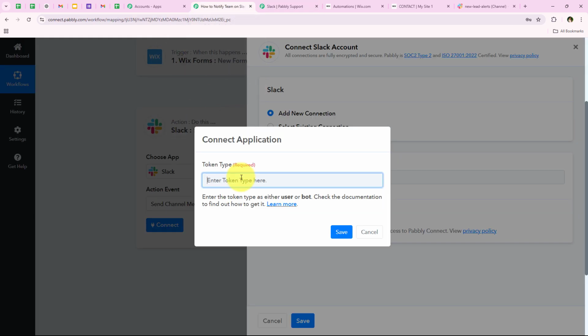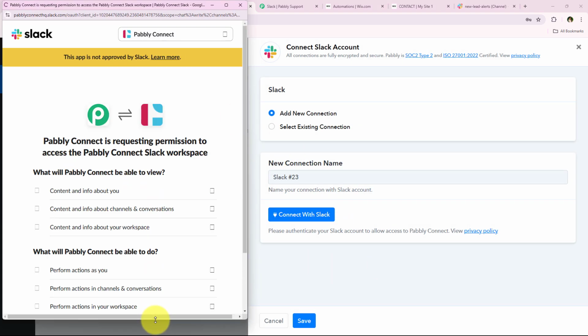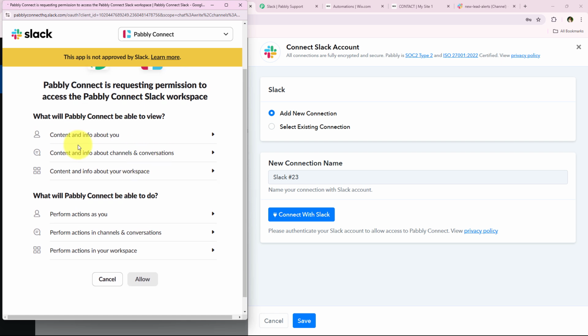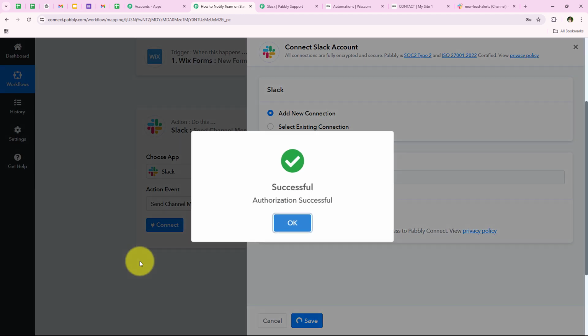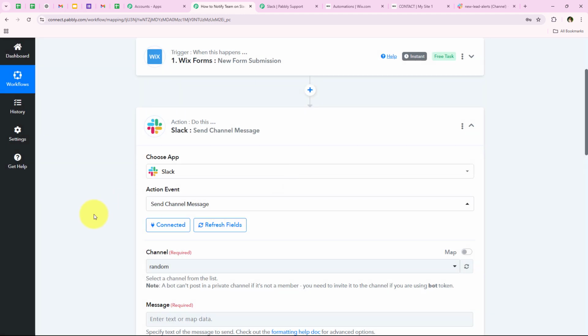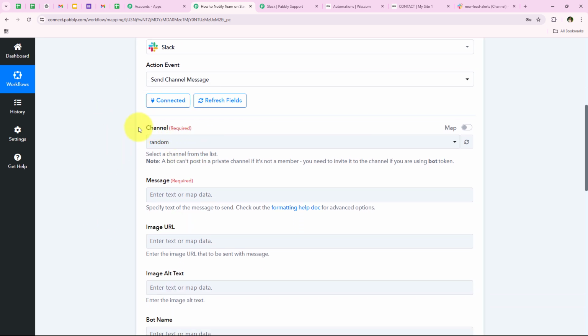You can select your preferred token type right over here. I'm going to select it as bot and click on save, and as soon as we click on save, it is going to ask me for some permissions. So what I'm going to do is click on this allow and give Pabbly all the permissions it is asking for, because my data is secure with Pabbly. As soon as we click on allow, yes, you can see authorization successful. We have successfully connected our Slack account with our Pabbly workflow,